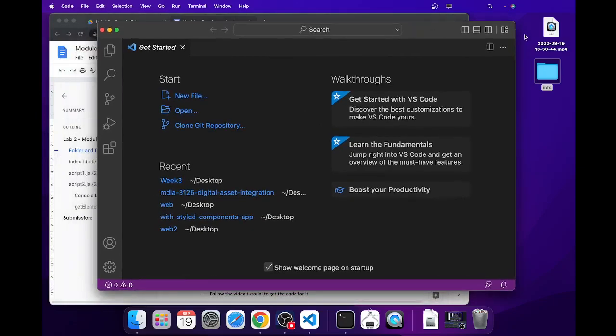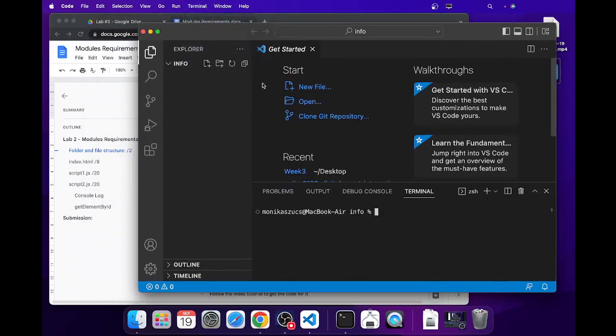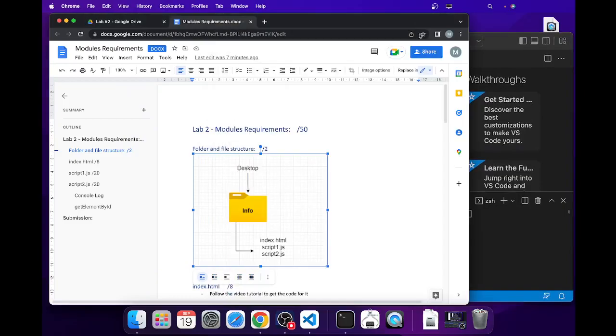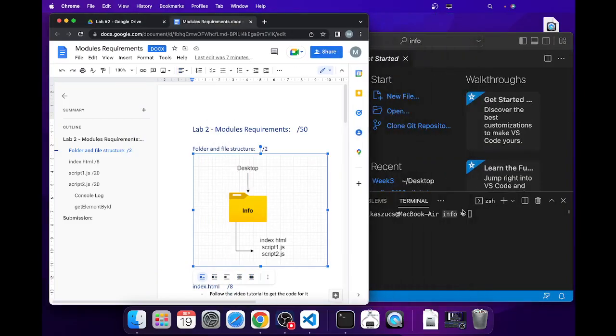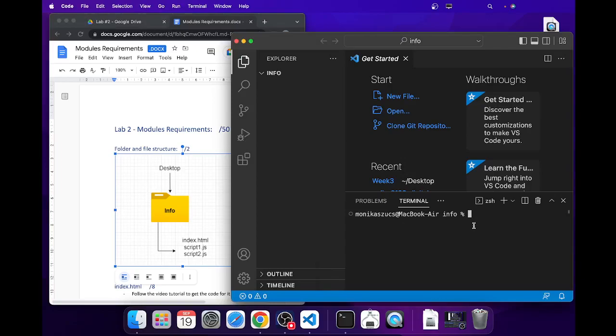There we go, we got terminal up there now, so just drag and drop and you should see terminal here, new terminal. And what we want to do now is, because we're inside the info folder right here, we want to now create this file structure. And let us do that right now. So what we'll do is touch index.js or .html. And then we will do touch script1.js. And then touch